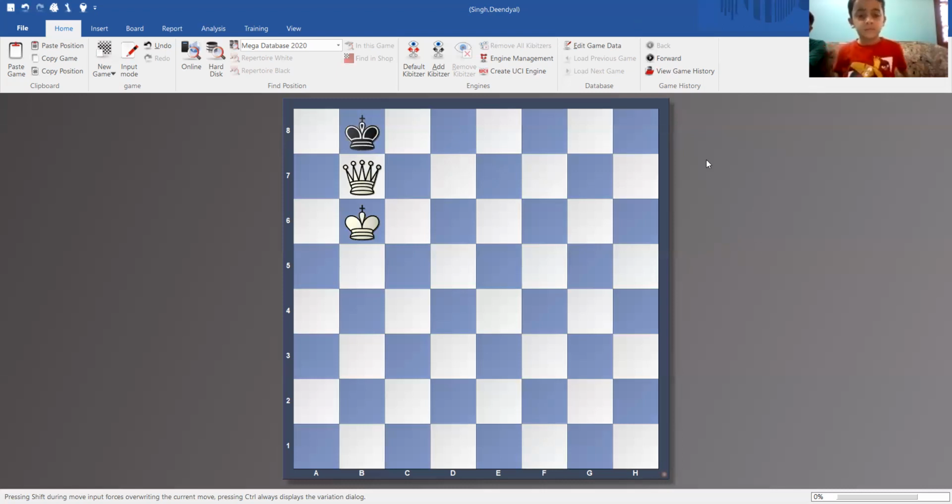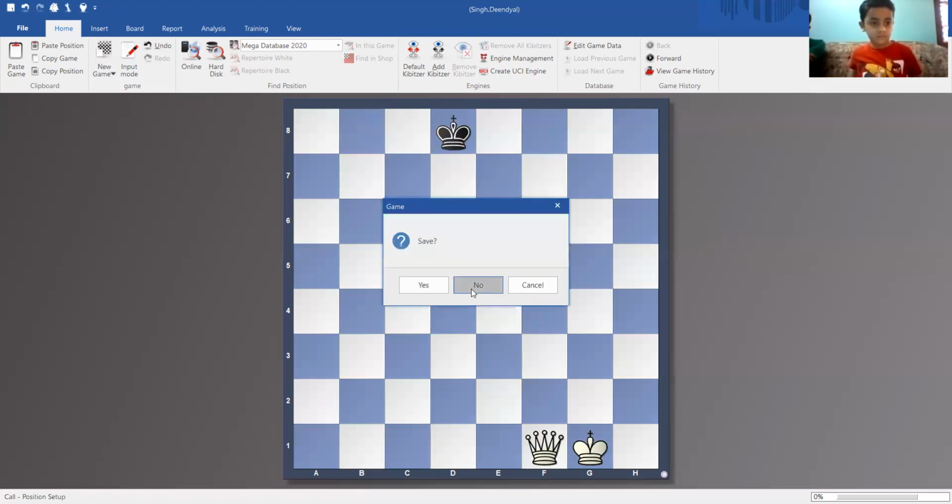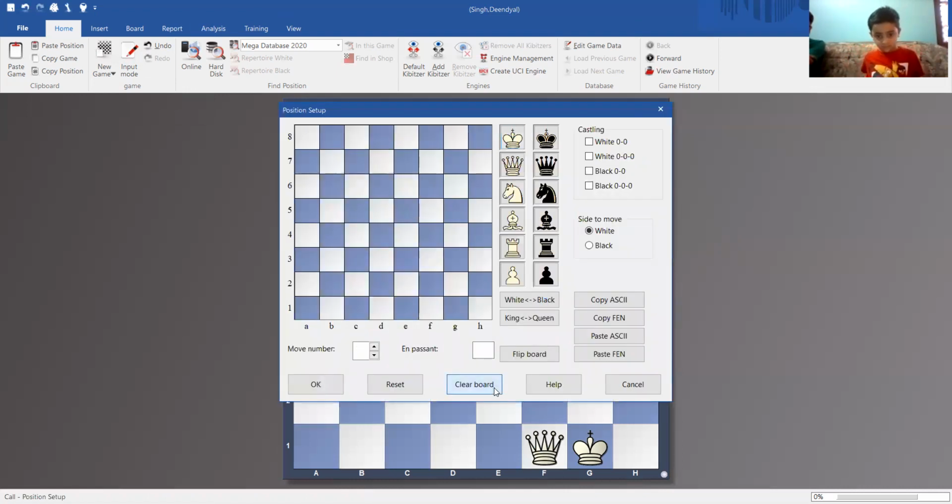Okay, so just quickly before ending, one more position we will see. These are very basic checkmate patterns which you have to learn if you want to win more games, and we will be learning them. I'll be just showing you one more. There are quite a few, but only one position for today.